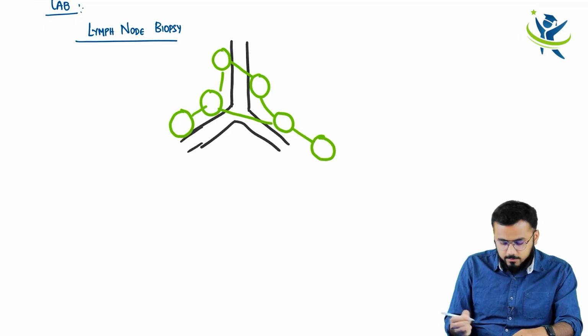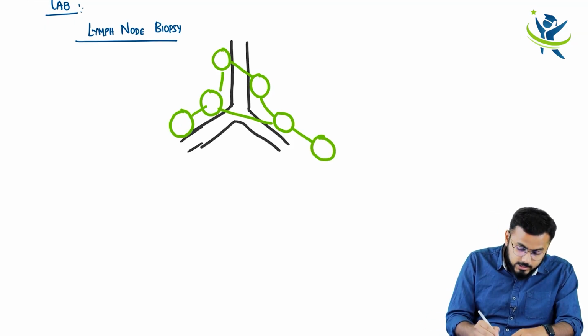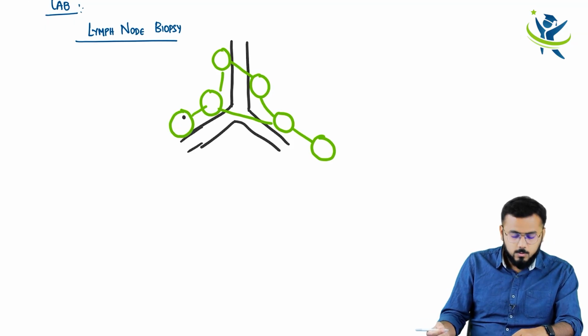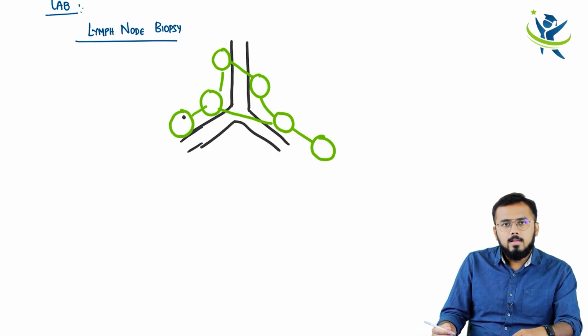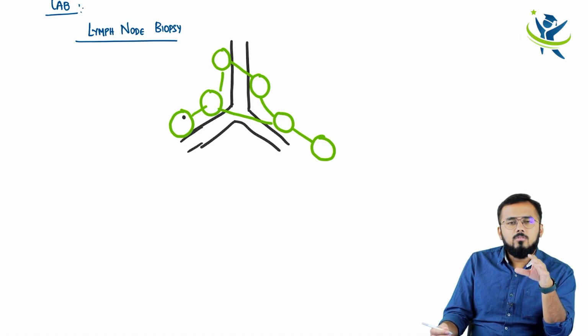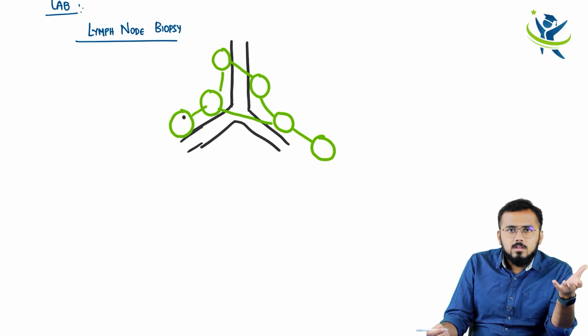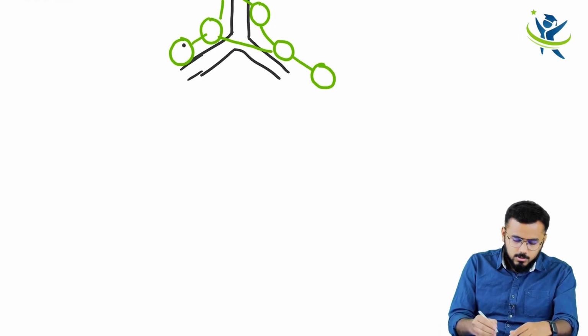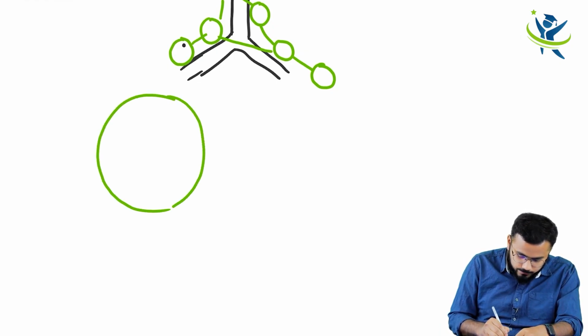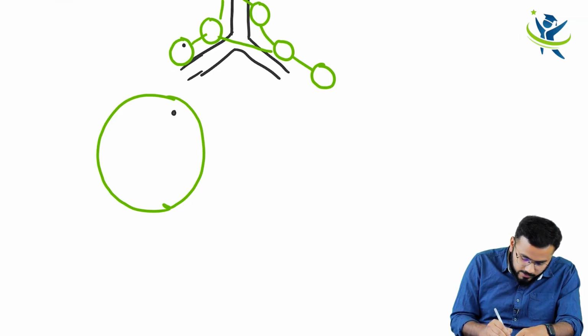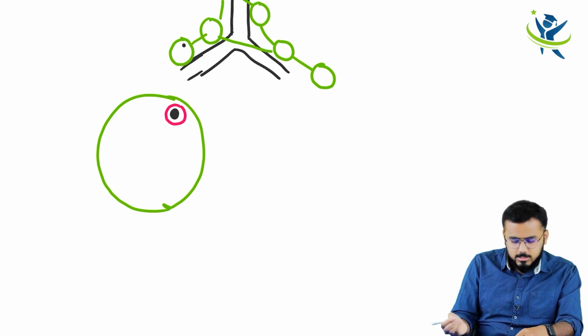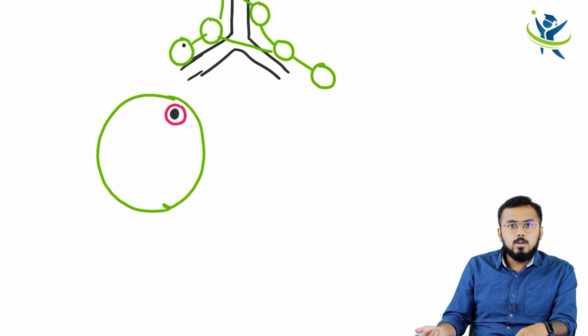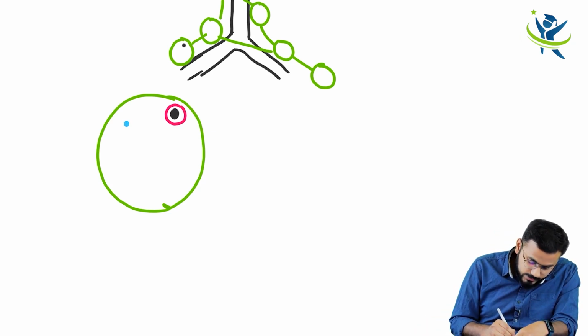You have got a lymph node network like this. The virus particle is right now within your lymph node, right? And within your lymph node you have got what cells? Lymphocytes, right? Within your lymph node you have got lymphocytes. I am enlarging one lymph node now. Look here, this is one lymph node. Now within this lymph node you have got the virus particle like this, and obviously it has a lipid membrane surrounding it. So within the lymph nodes you have got lymphocytes. So these are the lymphocytes now.